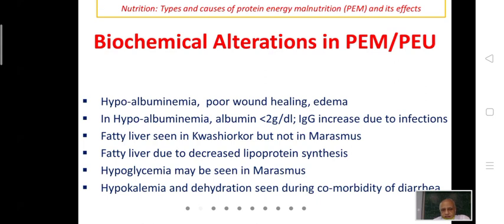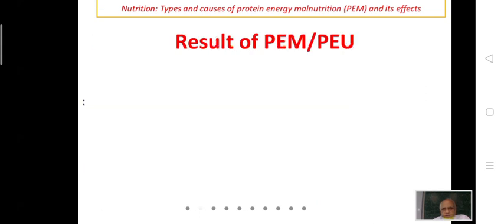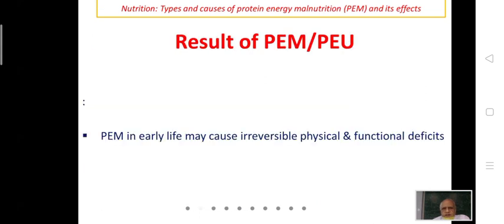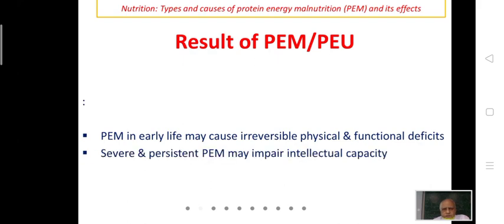Low level of calcium also occurs, and dehydration also is a common cofactor in case of comorbidity of diarrhea. Hypomagnesemia, magnesium level going down, is a usual finding. These are the biochemical changes that take place, and now the result of protein energy malnutrition. What is the outcome is that in early life, if you see protein energy malnutrition, it may be reversible